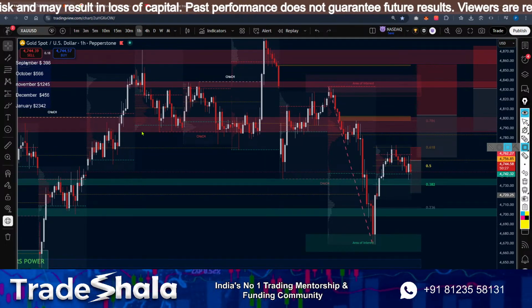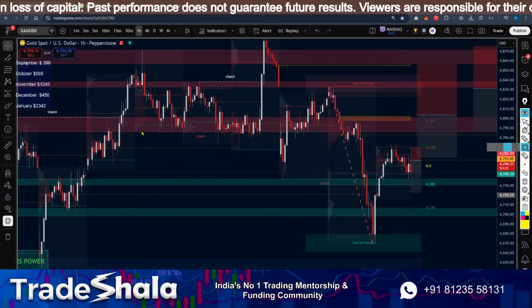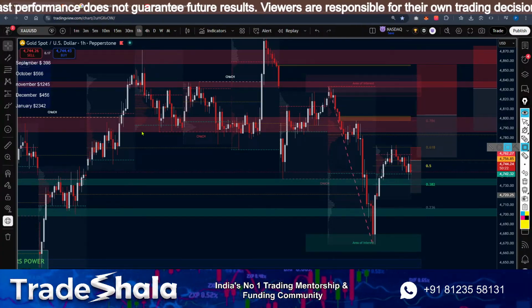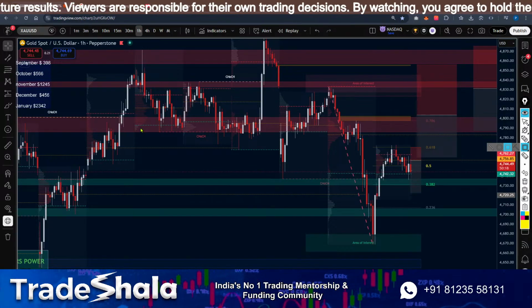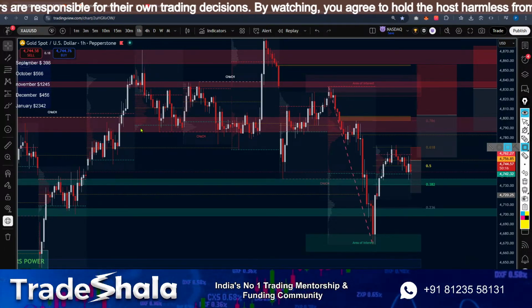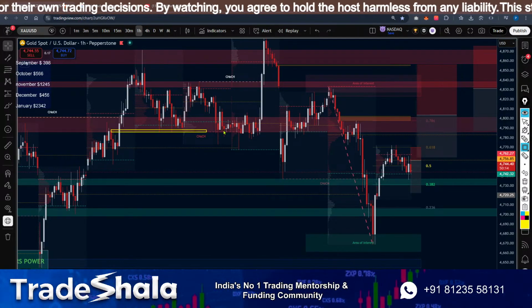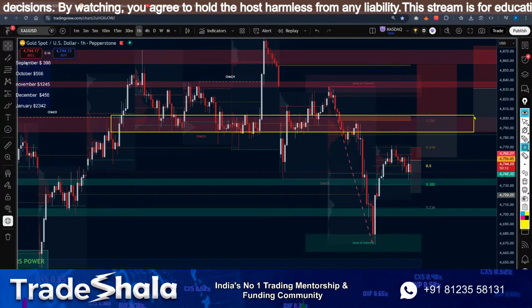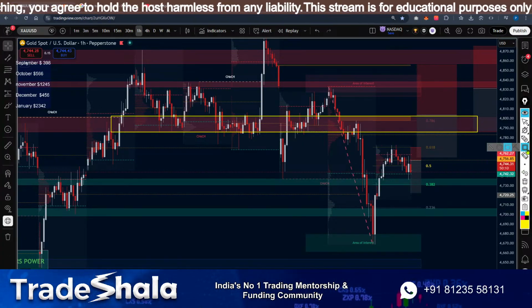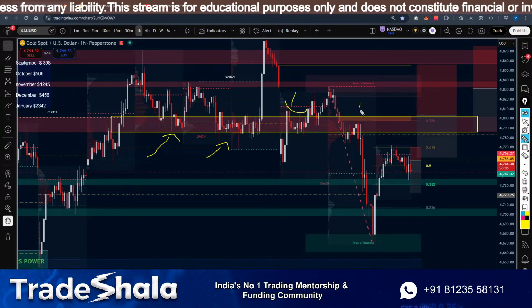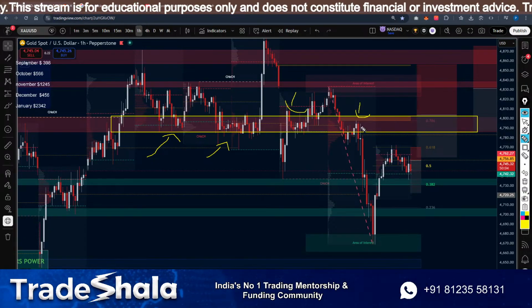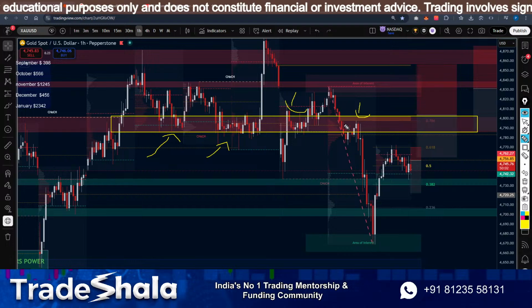One thing that is truly working in the current market phase is support turning into resistance, guys. Please take note of it. It is working very superbly. See, this is another level. You can see over here we have bought this. Now they're using this as resistance, that is why we have that huge sell-off from yesterday.